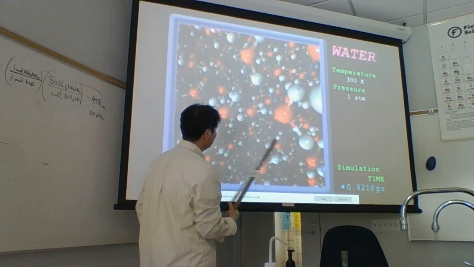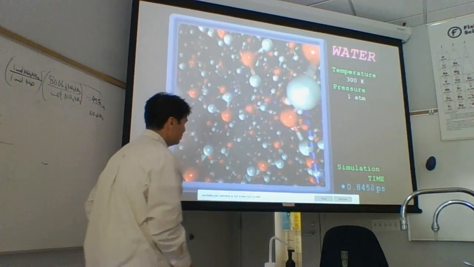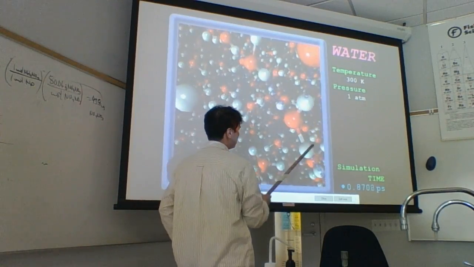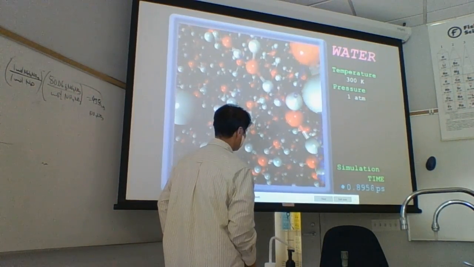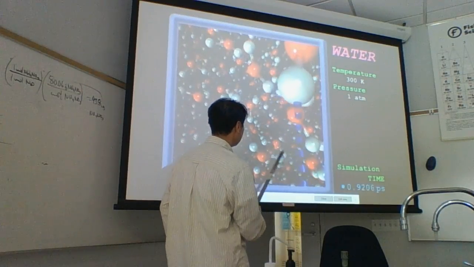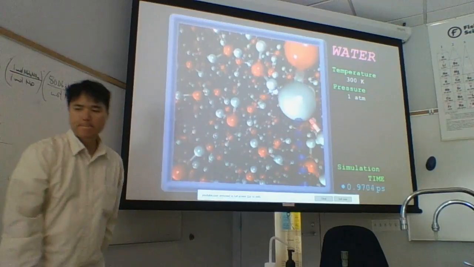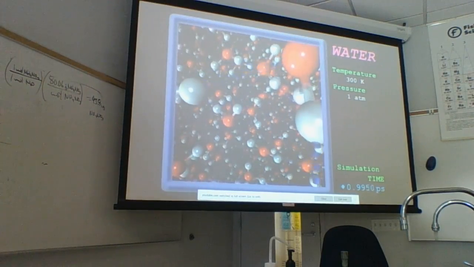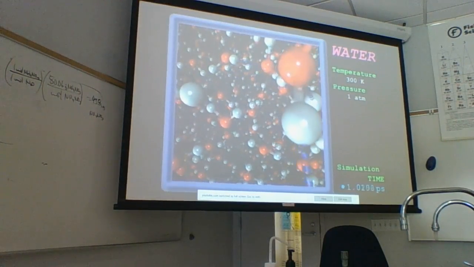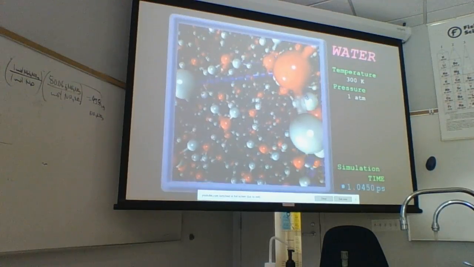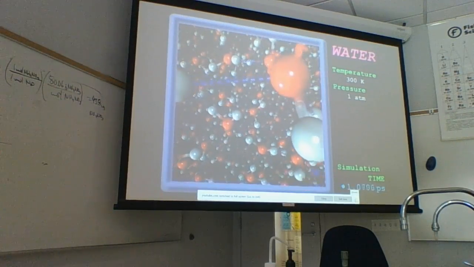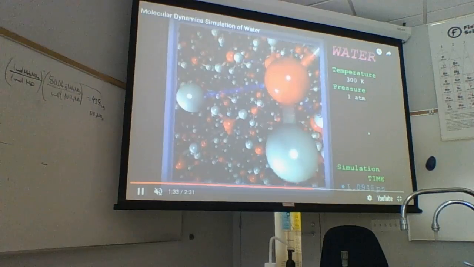So this is the glue that holds these together. The glue is the electrical attractions between the hydrogens and the oxygens. It's not gravity, but it's this glue. So it depends on how strong the glue is,